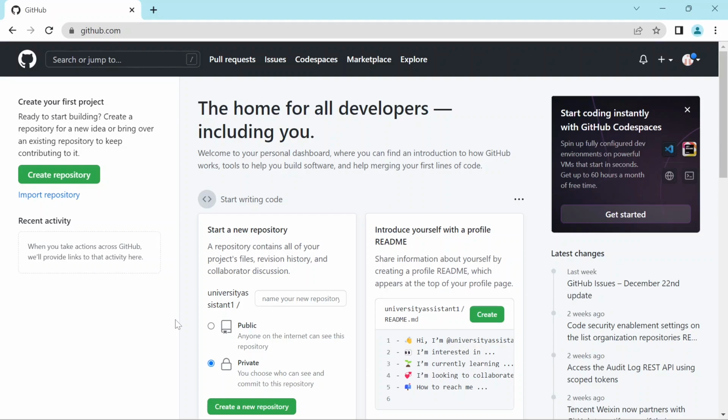So let's get started. In order to create your repository, you can go to github.com and you will see there might be two buttons. As you can see, one is here, create a new repository, or on the top left hand side, create repository. So click any of them